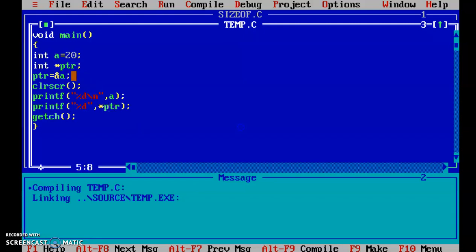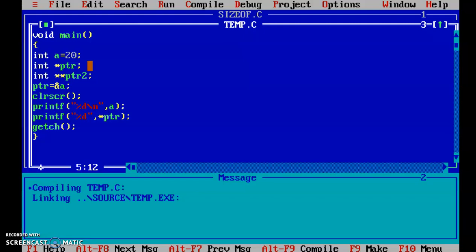Okay. Now one more concept in C programming is pointer to pointer. So how to declare that? It is in the same way of pointer declaration. That means pointer to pointer. That means two stars, and ptr2. I'll write ptr2, just to differentiate between variables.